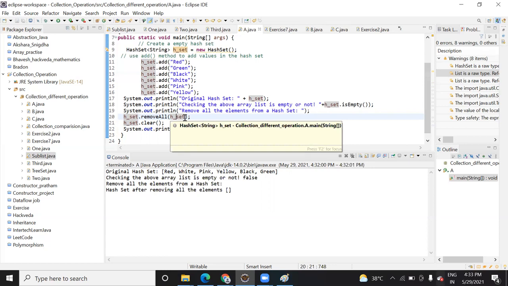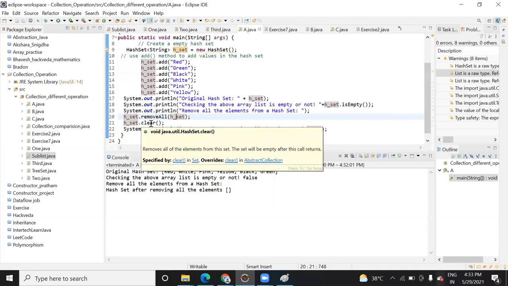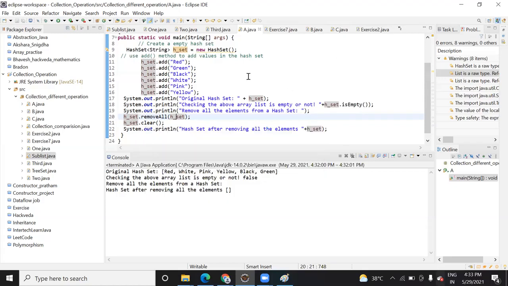So you need to pass the name of the set on which you want to work, and here it is just a variable. Dot clear function will clear the hash set on which you are using this clear function. So if we are using two hash sets, you can create a copy of this, but at a time when you want to remove, you can't give both the set names.